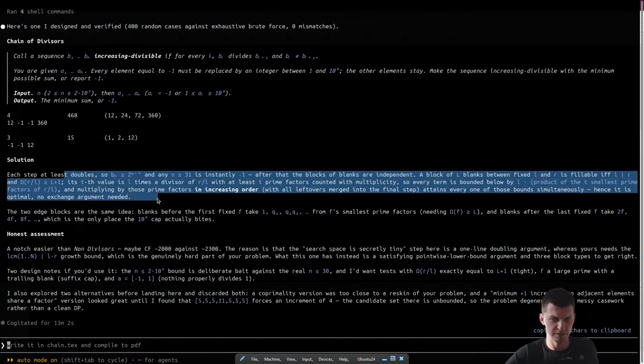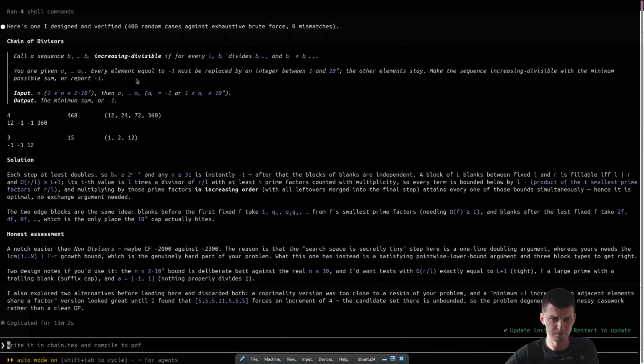Okay, each step at least doubles. Do the elements need to be distinct? Oh yeah, they specify that distinct. Yeah, so for big N it's impossible, and else you can do different things. Honest assessment. Notch easier than non-divisors. Is this already 2000 difficulty? And that one,